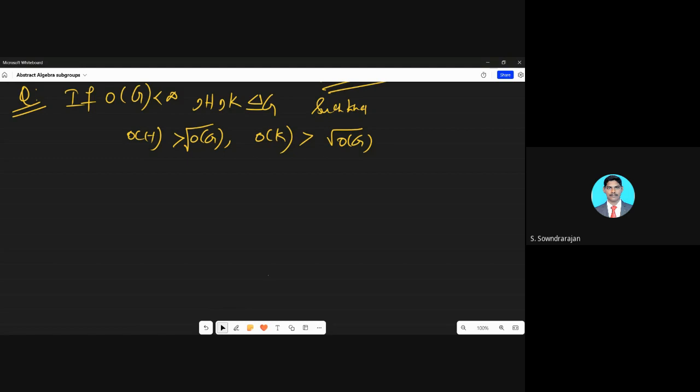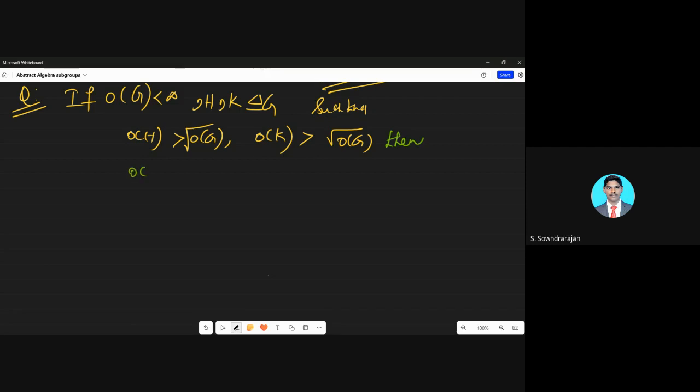In abstract algebra, we are discussing groups and subgroups based on the Lagrange theorem and theorems based on subgroups. We are solving some problems. One among the problems is: if G is a finite group and H and K are subgroups of G such that the order of H is greater than root of order of G, and the order of K is greater than root of order of G, then